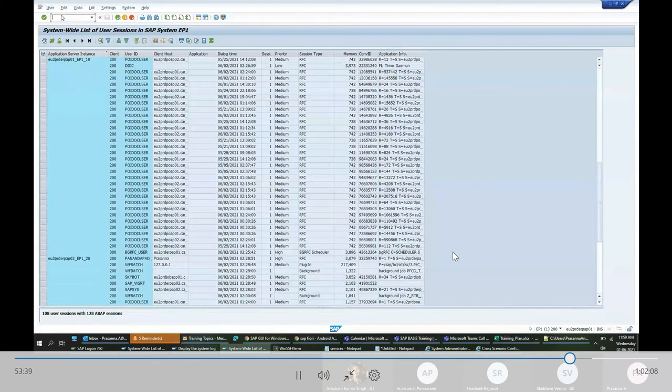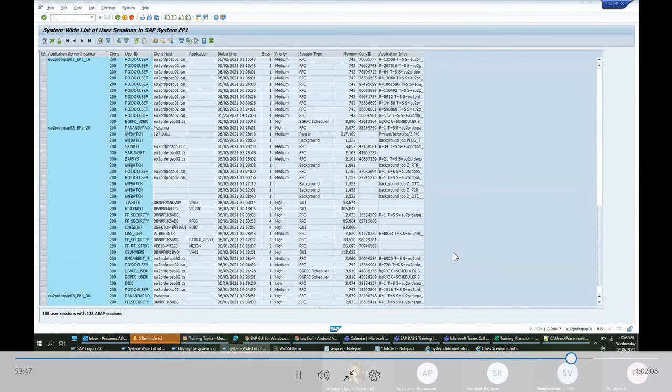It is possible that even a single job can slow down the entire system. It has happened many times. Usually a user would have started one job, but that job would be memory-intensive. It would take up all the resources without any control and slow down the entire system. All users would face issues. It's a very regular occurrence. So we have to find out which job is causing it. If a particular job or a user-run transaction is causing it, we have to get concurrence, and if needed, cancel that job.